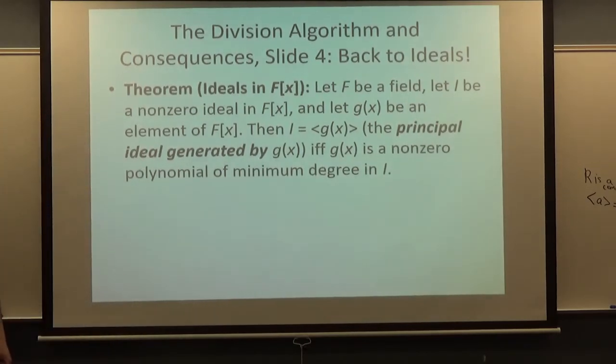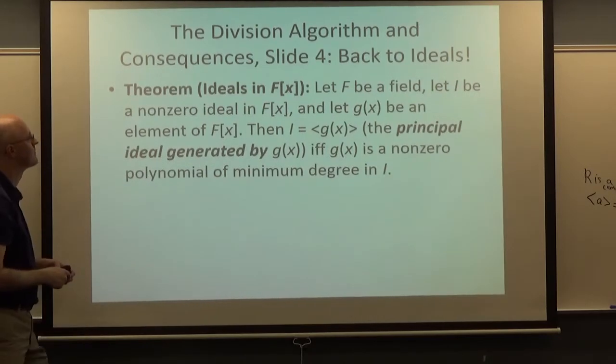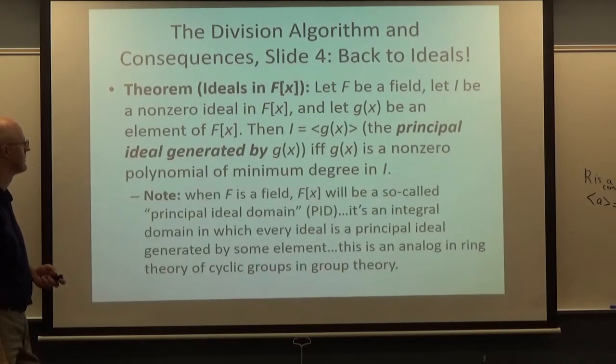There's no polynomial in I of smaller degree. The zero polynomial is in I because it's a subring. Ideals are subrings, but the zero polynomial has a degree that's undefined. And this is a good reason for that. Note, when F is a field,